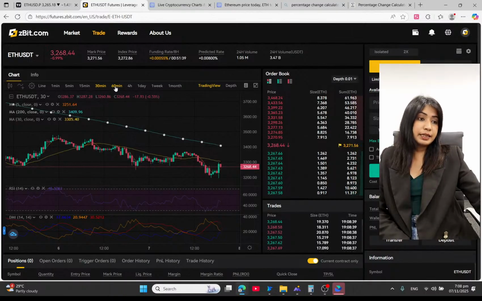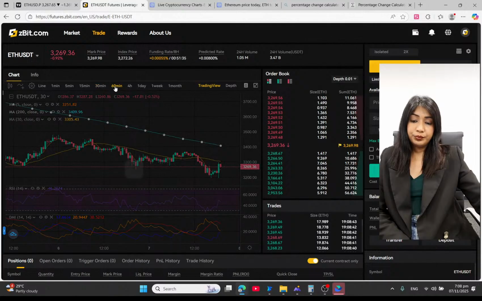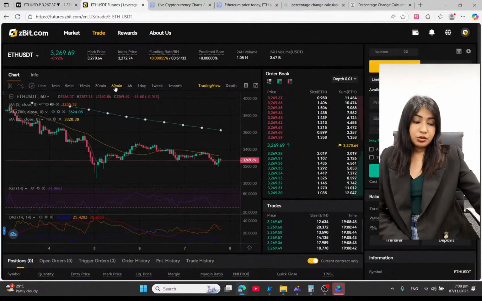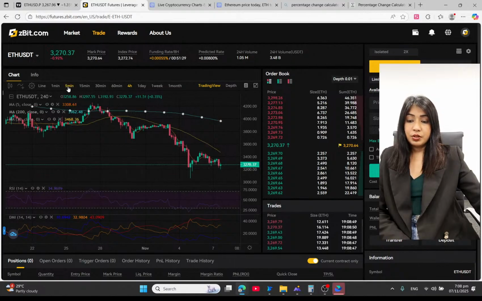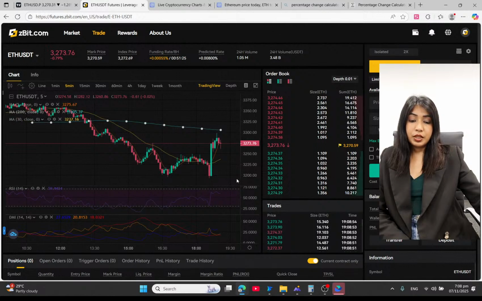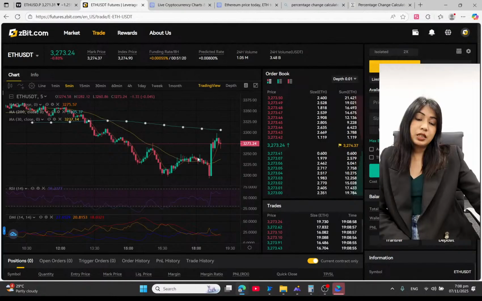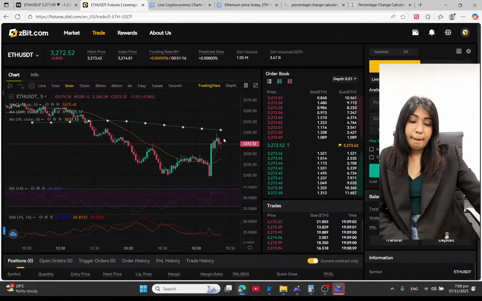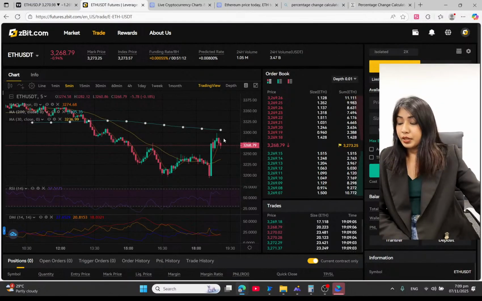30 minutes, 60 minutes. 30 minutes, it's still down. 60 minutes is also still down. 4 hours is also still down. So that's the reason I'm not encouraging any buy position. Although on the shorter time frame, it does look like it is basically moving in an up direction, like it's moving in an uptrend. But yes,